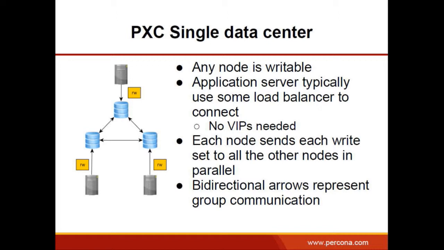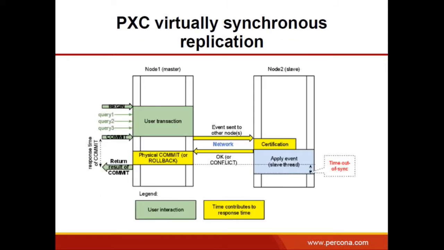Each node sends the writes to each other node in parallel. On this drawing, the bidirectional arrows represent group communication. A group communication is established between all of the cluster nodes at startup. And let's talk a bit about how replication works in XtraDB Cluster, because that's the key point to